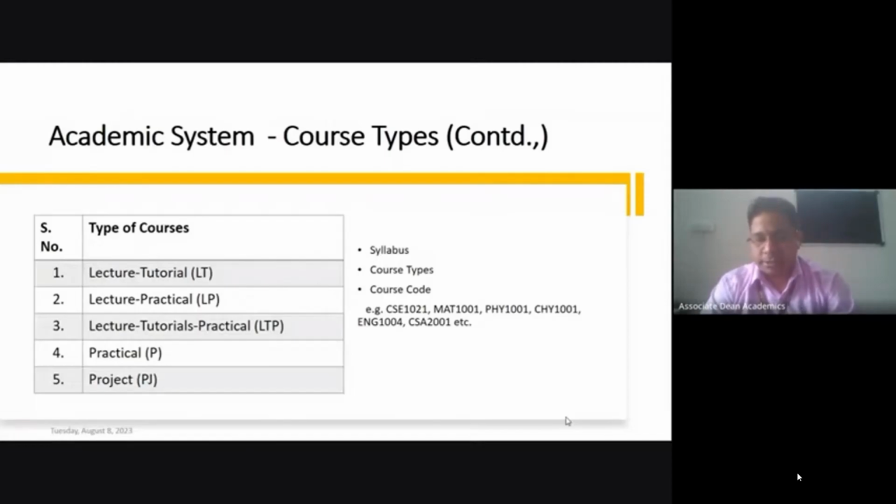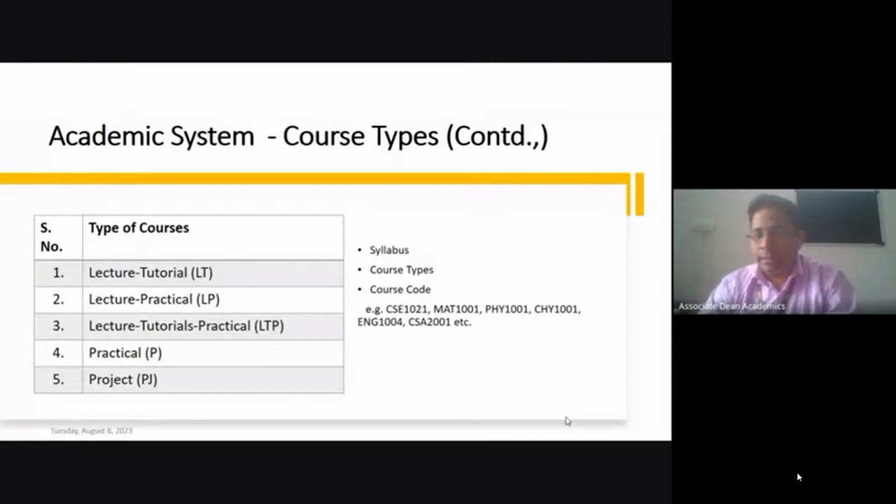So whenever you are studying a particular course, you can easily understand which kind of course you are studying, and according to the course type, the teaching process will also vary. If it is an LT kind of course, you will not be studying any practical component, like programming or anything. If it is an LP course, there will definitely be a list of practical experiments which you are supposed to complete in that semester. The same case applies to LTP courses, but they will also consist of a tutorial component.